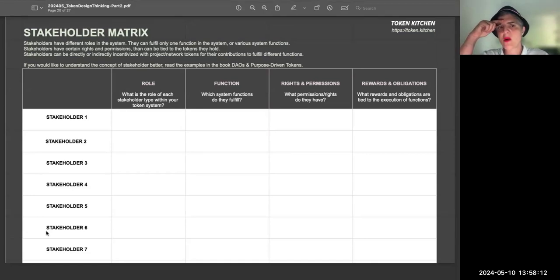But usually you have some kind of marketplace where somebody provides a good or a service and others consume it, others curate it, others provide stability or quality curation, depending on the purpose of your network. But what is clear is that you will never have a minimum viable economy if you only have one stakeholder type. For example, in my book, one of the use cases I analyzed is the